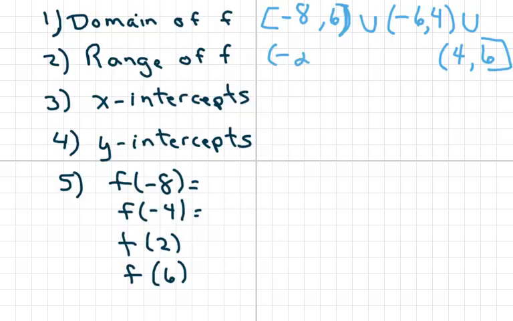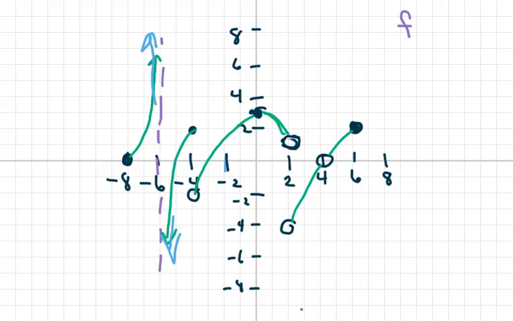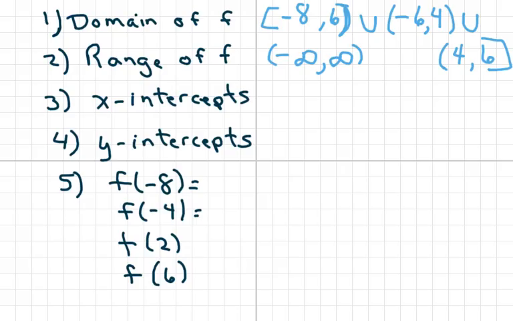That's just going to be -infinity to infinity. The x-intercepts are where it crosses here. So it crosses at 1, 2, 3, 4 places. So I'm going to write the x-intercepts, and they're going to be,